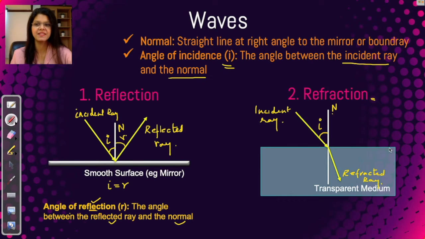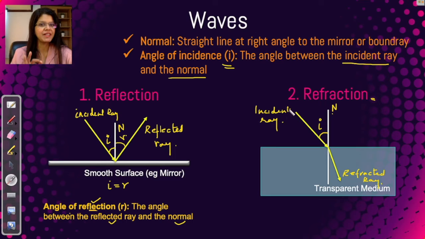Is the refracted ray moving as it was moving in the case of the mirror? No, it is passing through the transparent medium. Say that the incident ray was in the air, it will move through the other transparent medium, which is in gray here, which can be water or glass or any other substance. It can pass because it is transparent. But as it is passing, it is bending. If you see, it is bending,